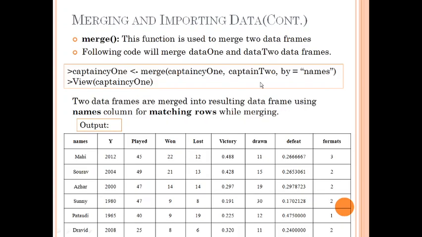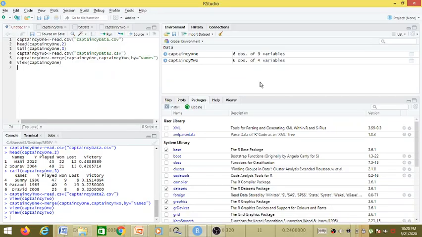Now some of you may ask what if there exists some matching column in both the data frames, but just the name of those columns is different. Like captaincy 1 has names and say captaincy 2 has captain name as the name of this column. So how to combine them? For that we could have used here by.x equal to names, comma by.y equal to captain name, meaning here by.x